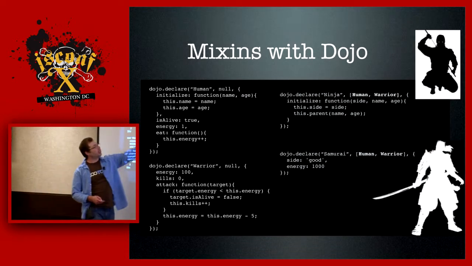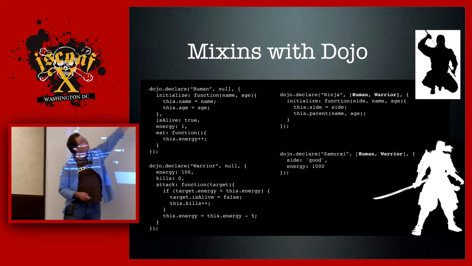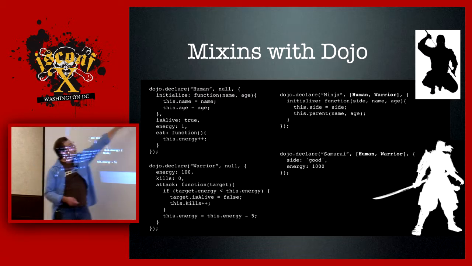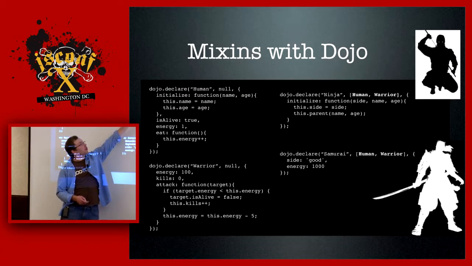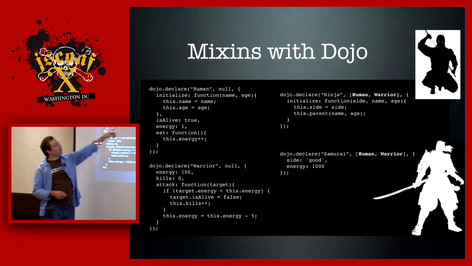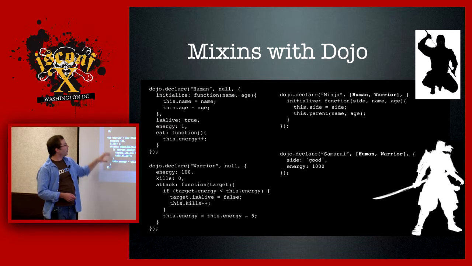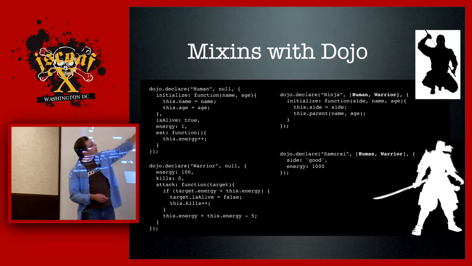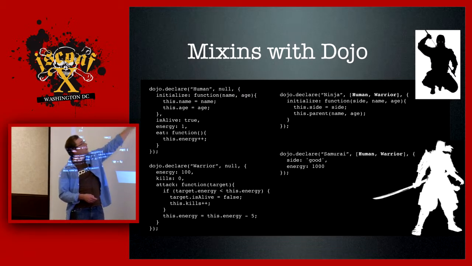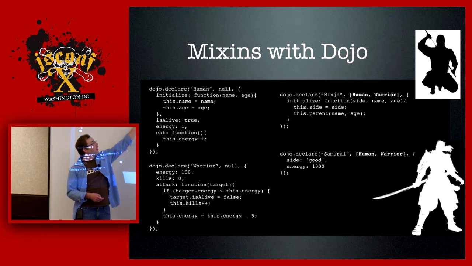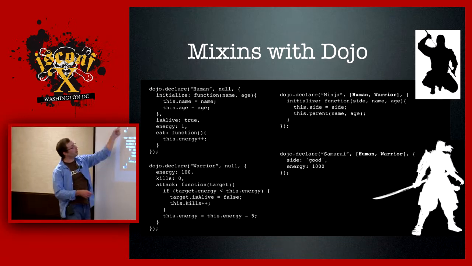Now we can create a ninja class. And we can see it still extends human, which means that its prototype is this human object. But in Mootools, we have this implements property that takes an array of mix-ins, which says, when this ninja class is declared, go get the properties from warrior and add them to this thing. And as a result, now our ninja class has almost nothing in it. All it does is assign what side it's on and then call parent. That's it. And then it has all of the properties from over here and there.